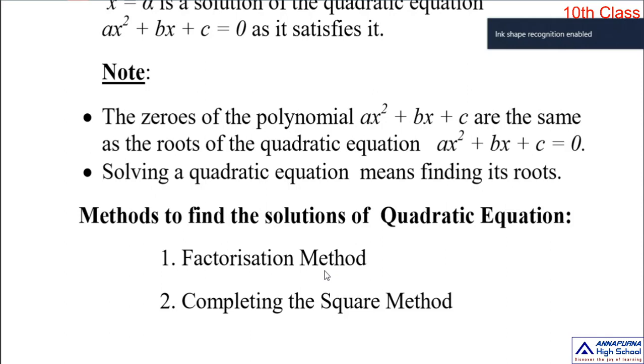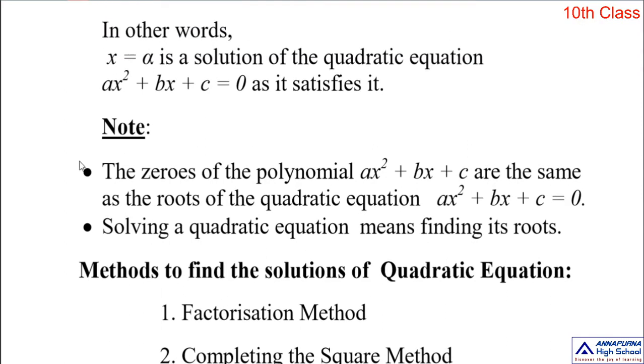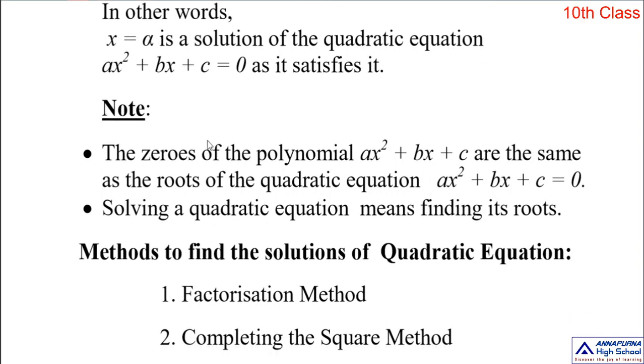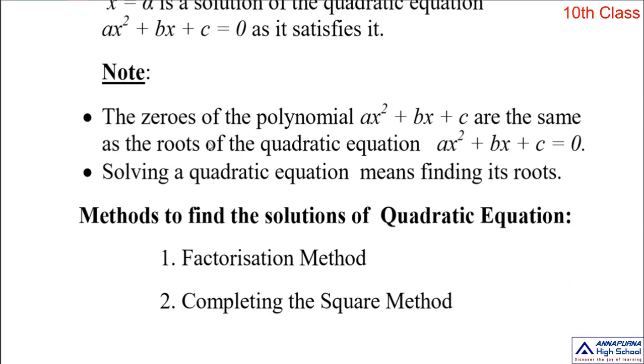So everyone knows the factorization. Here, factorization method means simply we split the quadratic polynomial involved in that quadratic equation into two linear factors. From the two linear factors we find the roots of that given quadratic equation. That means to find the zeros of a quadratic polynomial, generally what we are doing algebraically is we split the given quadratic polynomial into two linear factors. So from the two linear factors we are finding the zeros of that quadratic polynomial.